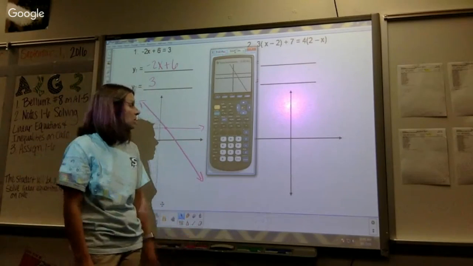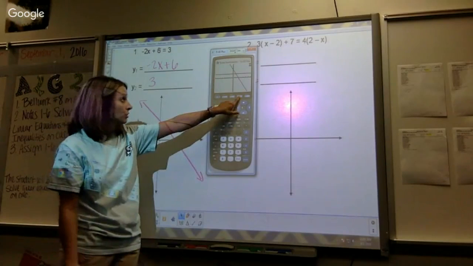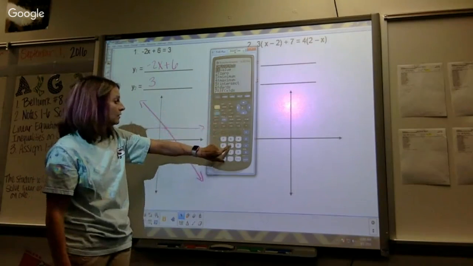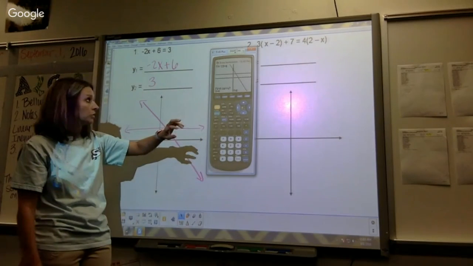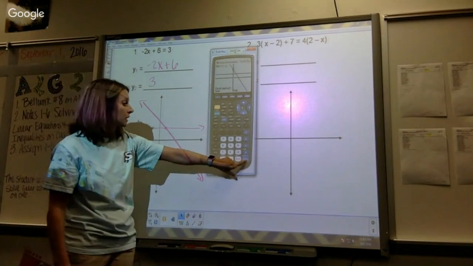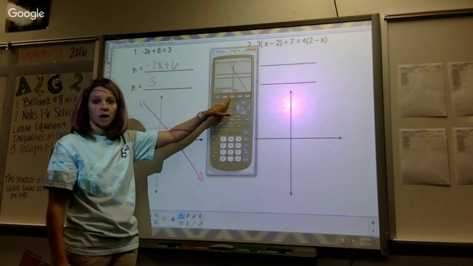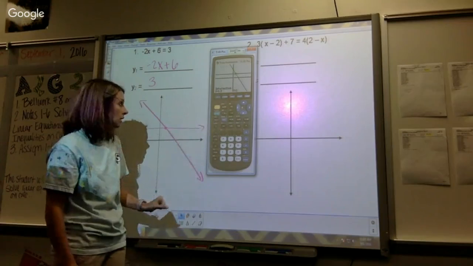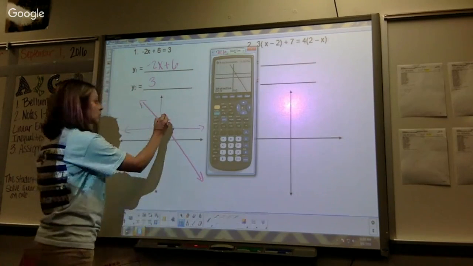So on your calculator, to find the point of intersection, you're doing second, calc or trace. Number 5 is intersect, and then you should have a blinking cursor on one of your lines. You're going to hit enter 3 times, and it should say intersection when you have found your intersection point. Okay, so if it doesn't say intersection, you're not quite done yet. So your intersection point on this one is